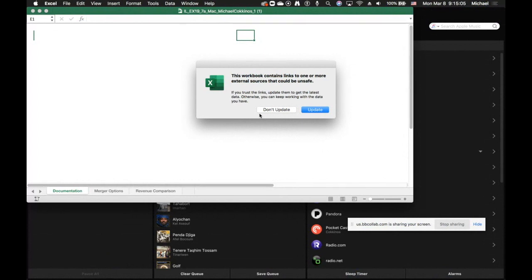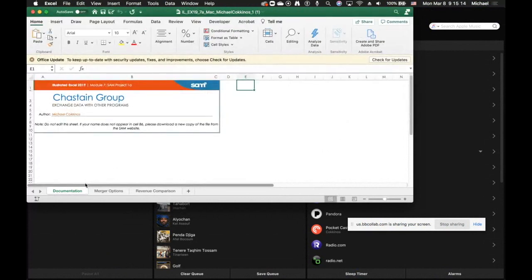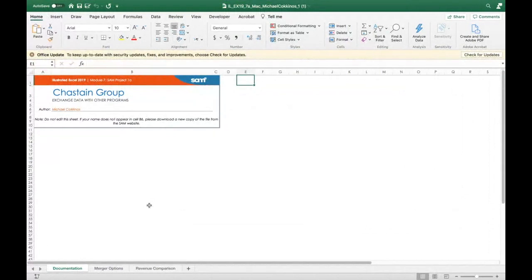So it seems they give you a downloadable file, but just click Don't Update for this. When you see this, go to Don't Update, and it will load this file. Let's just make it bigger here. Okay,